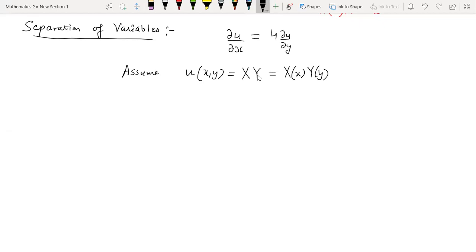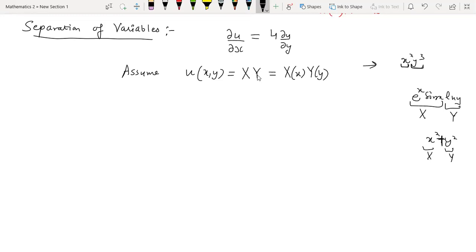So what do we mean by that? Examples of solutions will be like x square into y cube. You can separately see a pure function of x and a pure function of y, and they are just multiplied with each other. Other possibilities: e raised to power x sine x into log y, right? So this is going to be capital X, this is going to be capital Y. So we cannot have a solution like capital X plus capital Y, because plus or minus is not allowed, only the multiplication operation is allowed. So that means it's an assumption